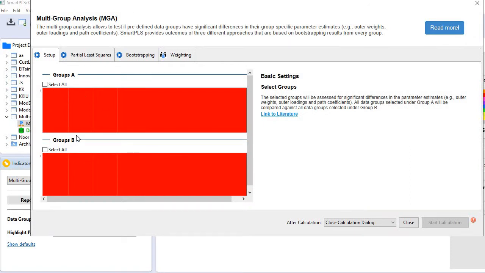Now, you see we have two groups here, group A and group B, and both are empty and in red color. So it shows that no group has yet been created. Now close this window